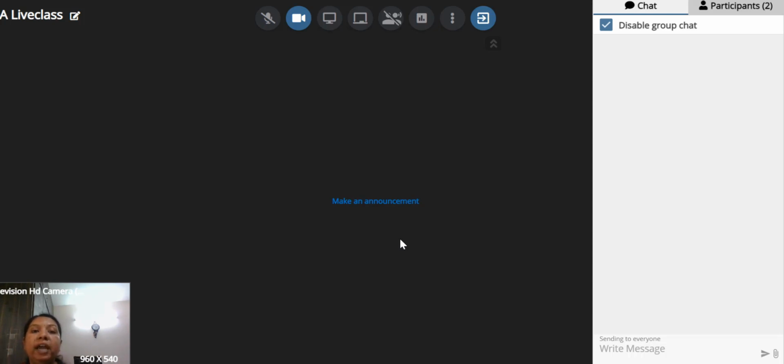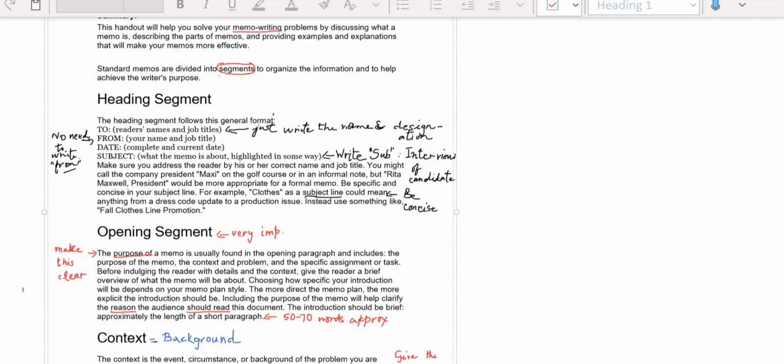So if I have to share OneNote in this live platform, first I have to open the OneNote and keep it in the maximized window. Please note this. You have to start the OneNote application and keep it in the maximum window. So as of now, I have kept that in the maximum window, and what I'll be doing is I'll be only switching the tabs. Please note this.